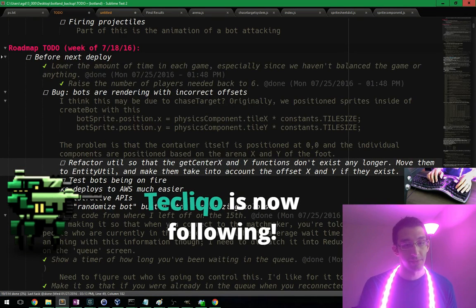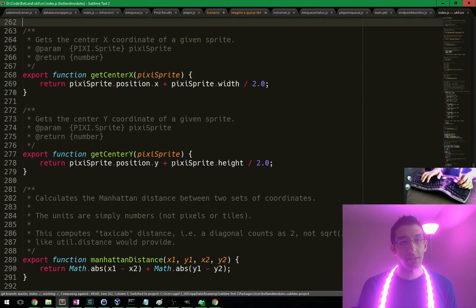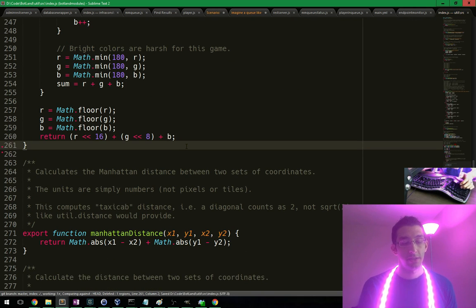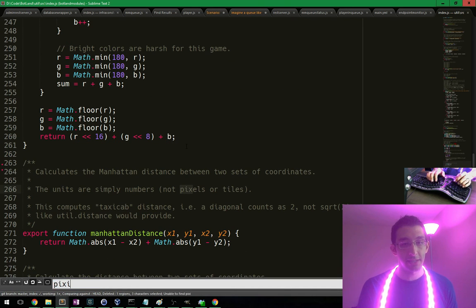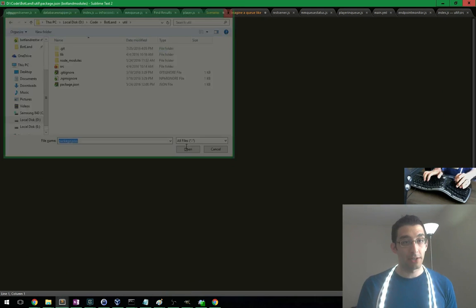Okay, well, let's do this. So we're just going to get rid of these functions entirely. Done. And there, that's it. So now anything that involves like Pixie, yeah, that never should have been here anyway. So let's open up the package.json file here and bump that